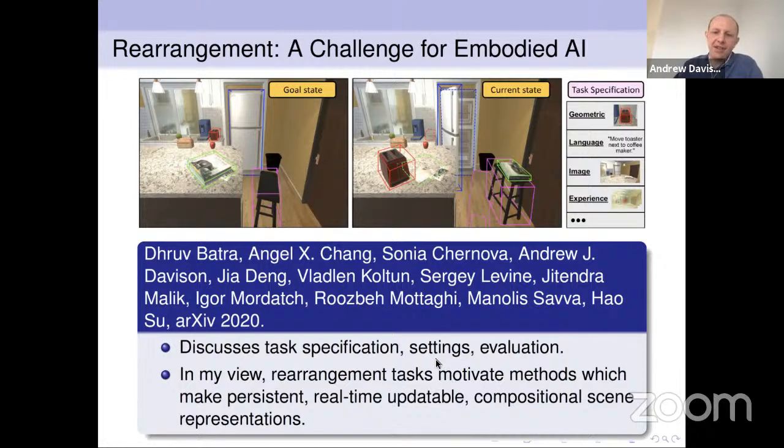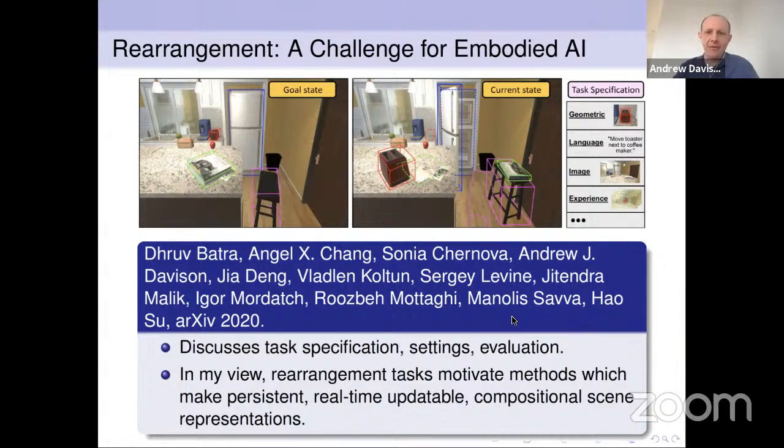Another interesting question we talked about is how would you evaluate the performance of a rearrangement agent? So clearly, a successful rearrangement means objects get to the positions where they're meant to be. How do you then put metrics on all of those different objects? How close do they need to be to where you wanted them to be?